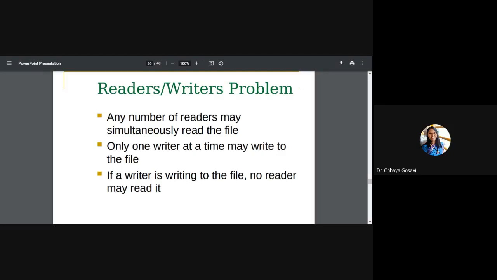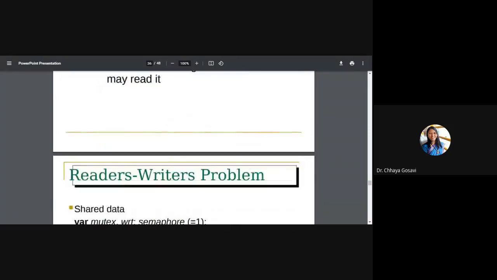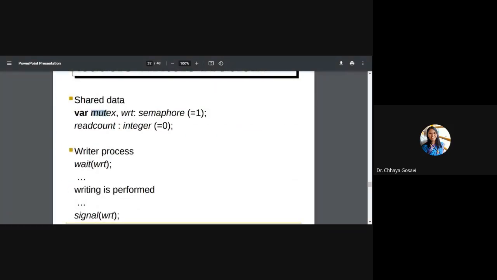So here we need only two semaphores. We are going to use mutex, again a binary semaphore, which we use for readers, and the WRT semaphore, which we use for writers. These values are initially 1.